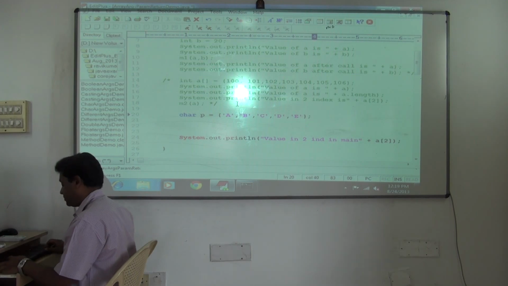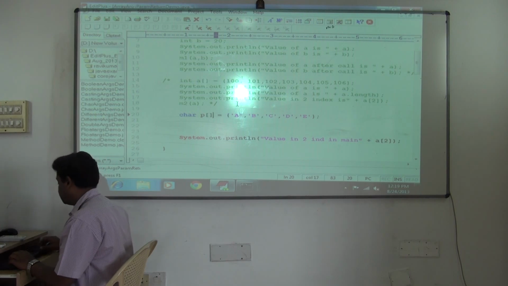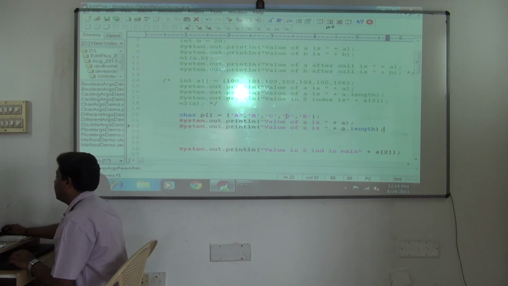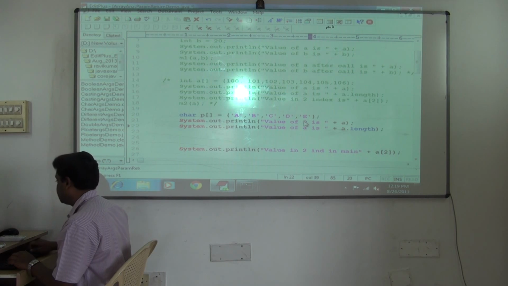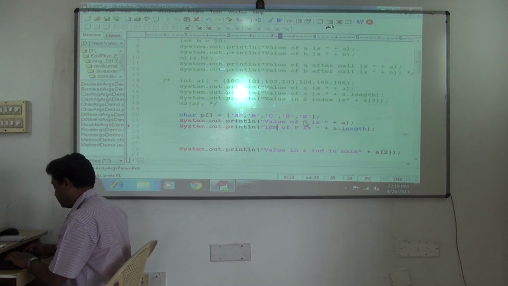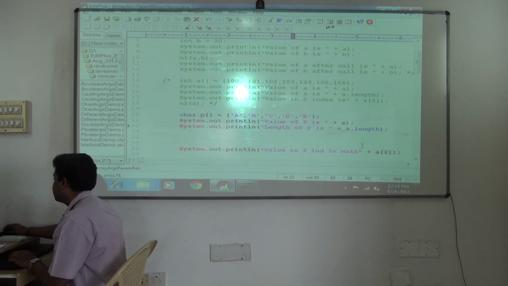So I'm sending 5 values. It's an array, but I have to use what? The array symbol here. Else it will be treated as a primitive variable. And the value of P is, plus value of length of P is